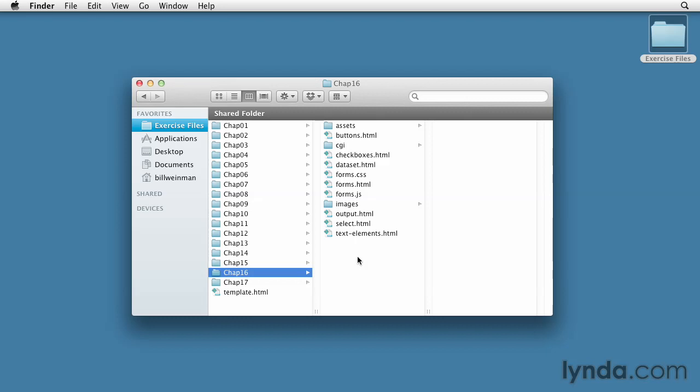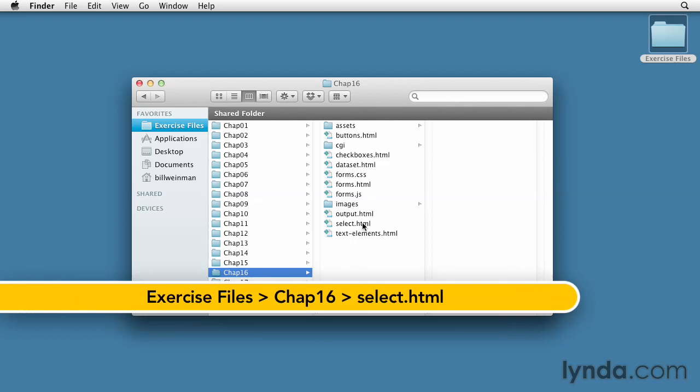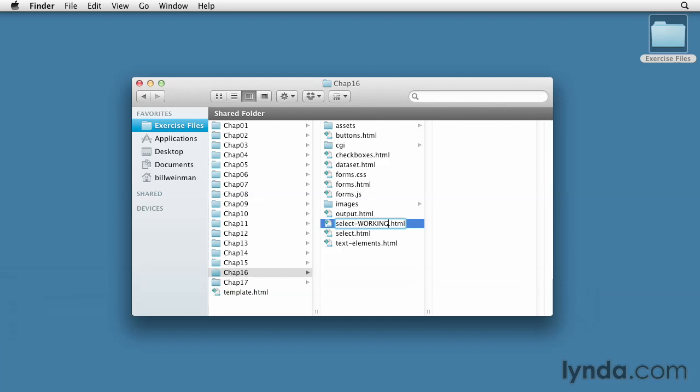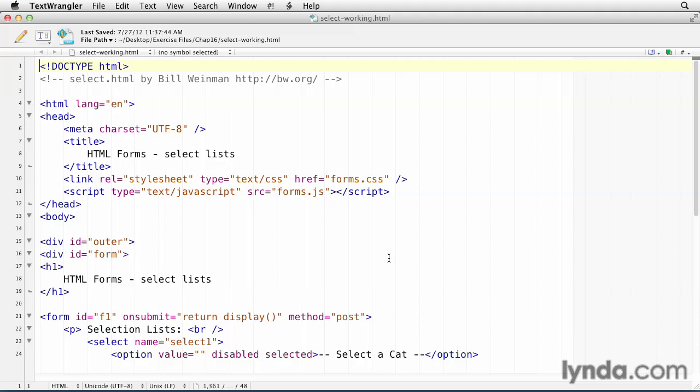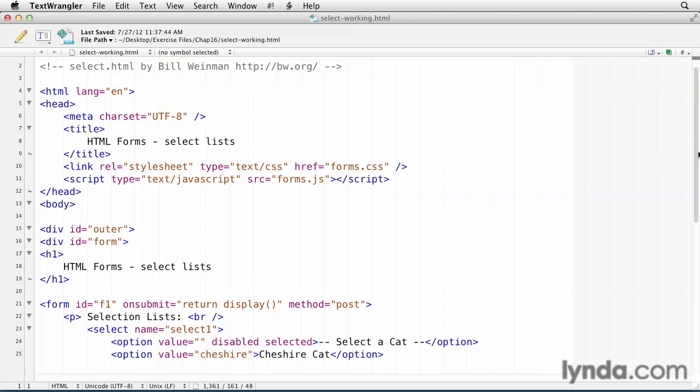Select lists are another common feature for selecting from a list of options. Let's make a working copy of select.html and we'll see how this works. I'll rename this to select-working.html and open it up in my text editor. You notice up here at the top, we're using the same forms.css and forms.js that we've been using throughout